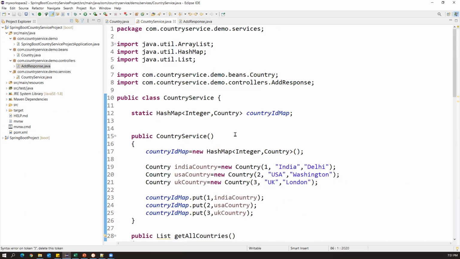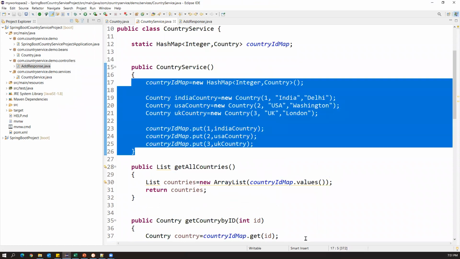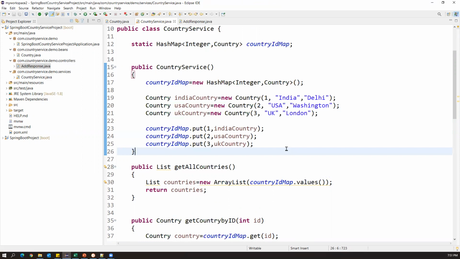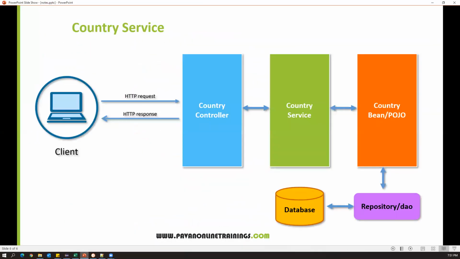This is very basic. Later on, we will see how we can get this data from the database. That's the actual scenario, but before that, we need to understand the implementation step by step. So what have we done so far? We started from here. Let me show the presentation. We created one bean class, the country bean class, which contains a country ID, country name, and country capital, with setters and getters. After that, we created the country service, and these methods internally use this POJO class to create country objects.